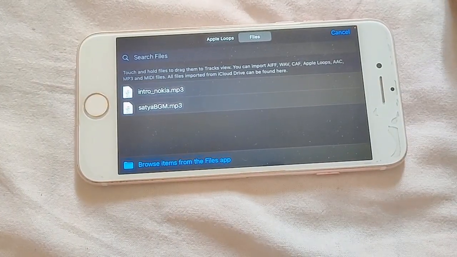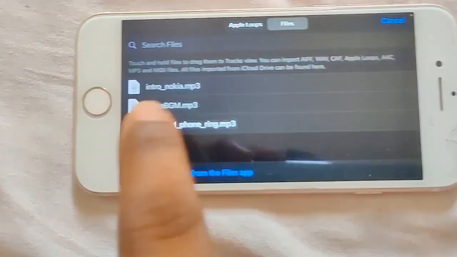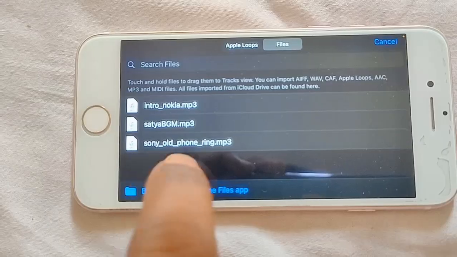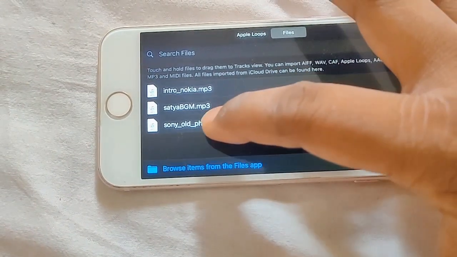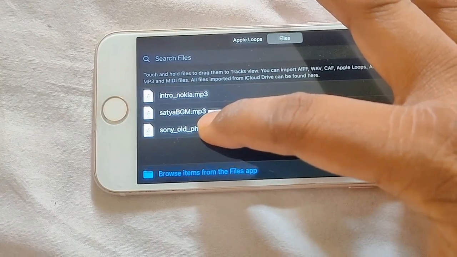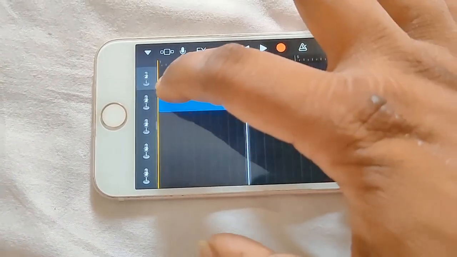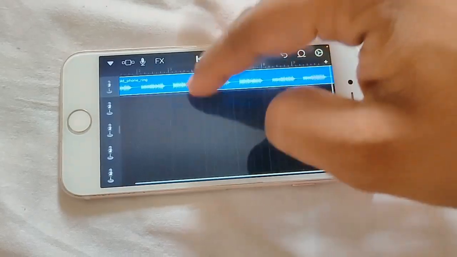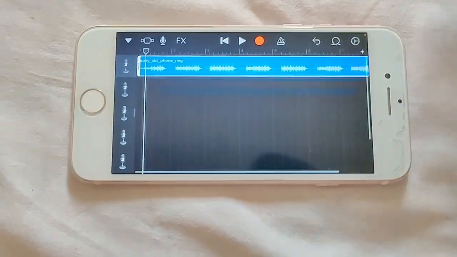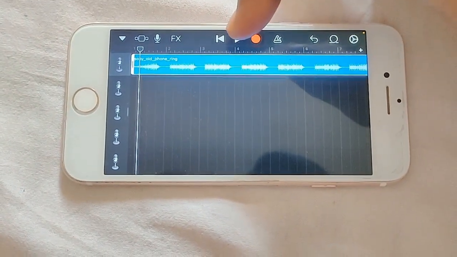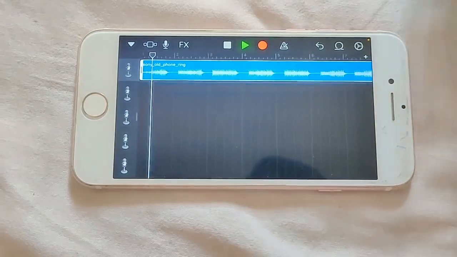So I select it, and here you can see the mp3 file is listed. So tap on this mp3 file and drag down. Okay, now you can see the ringtone in this section, and when you play this tone like this,